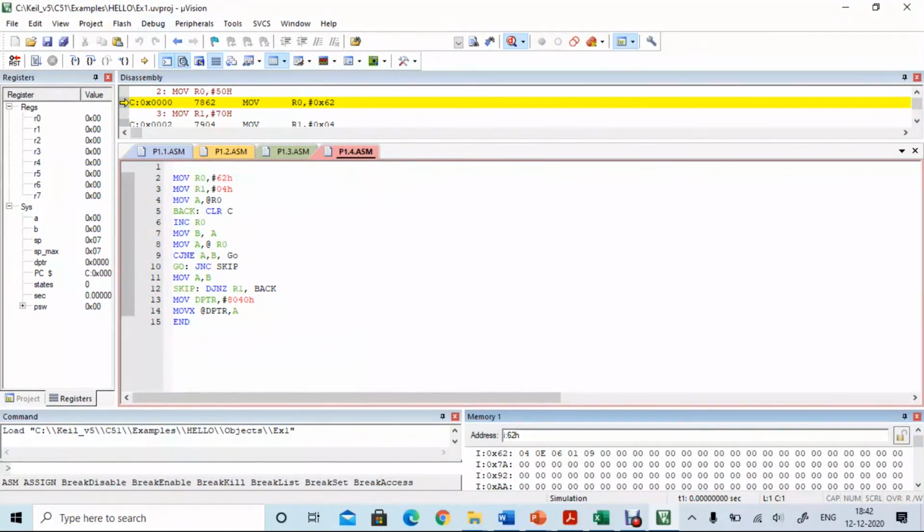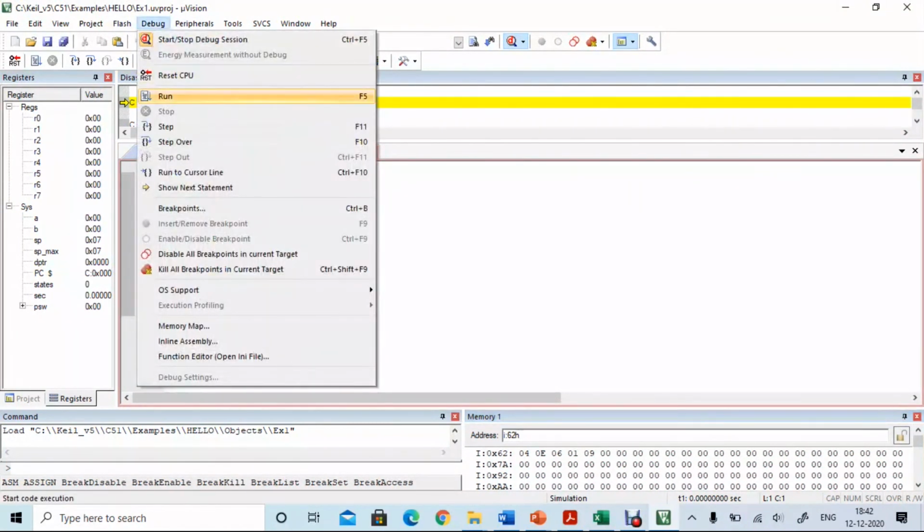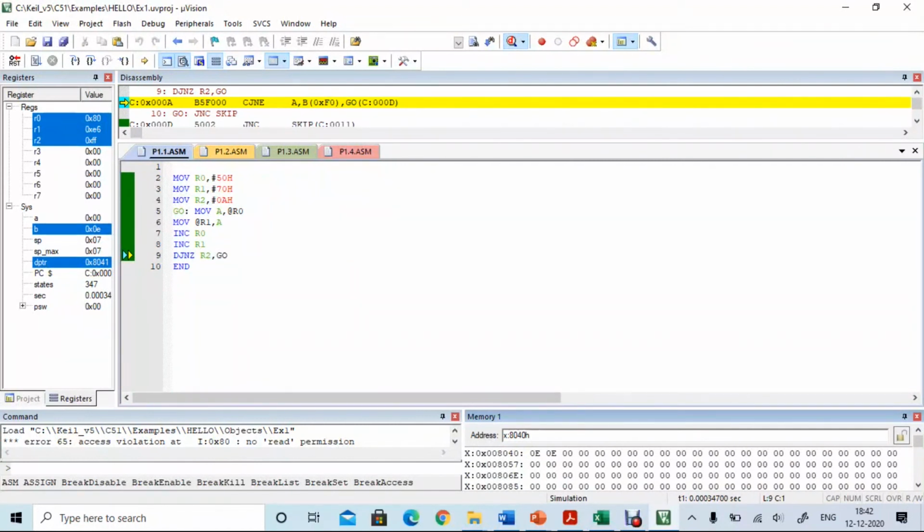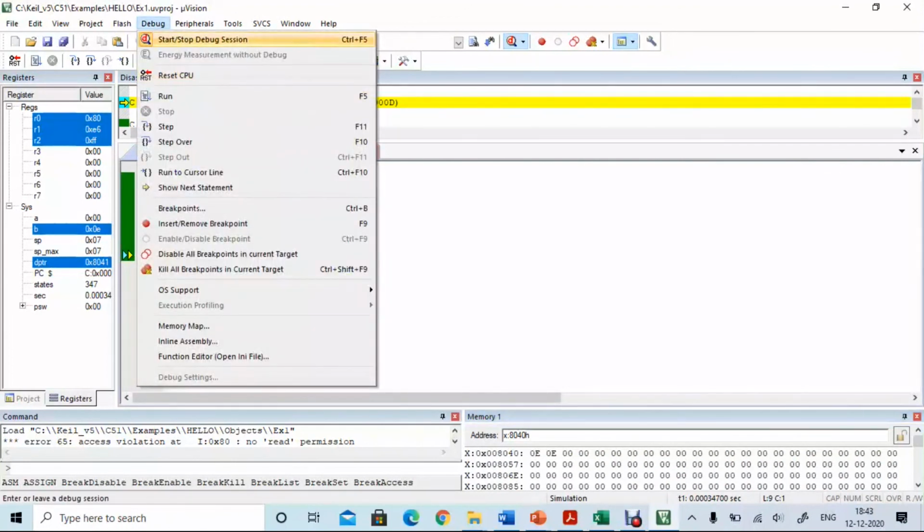So now click on debug and run. So the largest number is 0E. So we will check in the 8040 memory location what is the output we are getting. So we are getting 0E, the largest number, in the 8040H location. So then click on debug, stop the debug session.